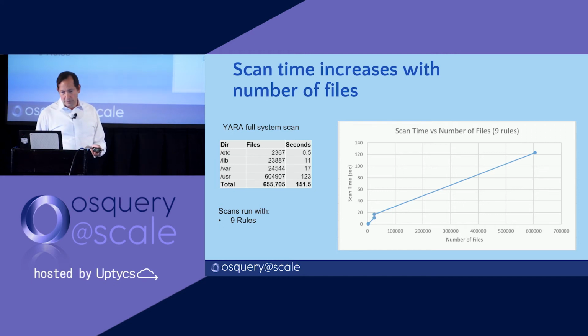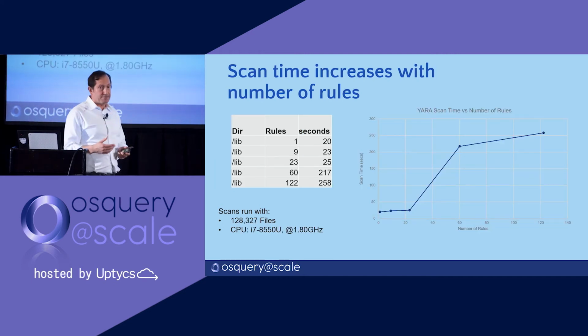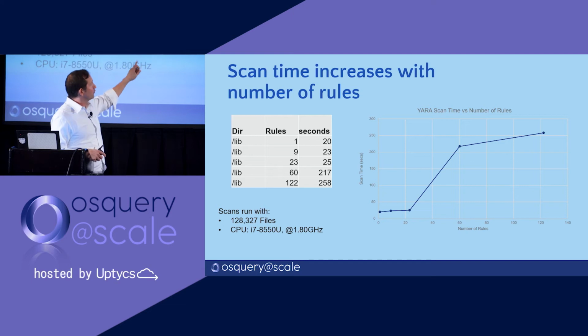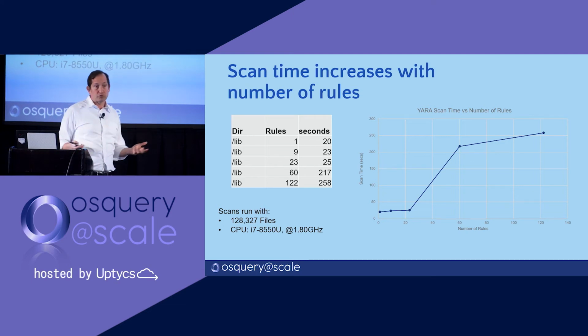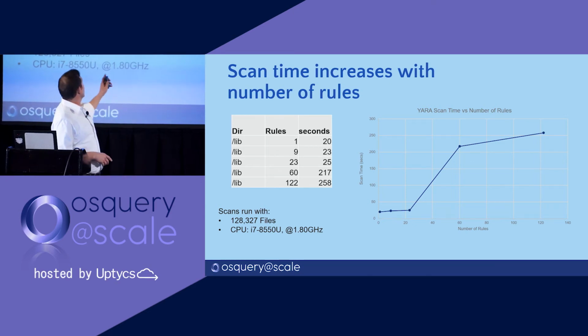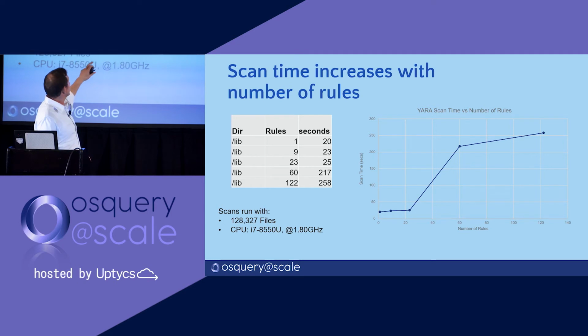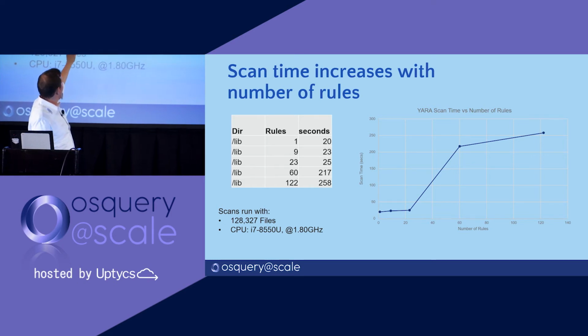So it could become expensive. And the other factor that affects the number of resources that are used, or the scan time, of course, are the rules. How complex are the rules, and how many rules do you have in your rule set? So here's a little analysis on scanning of the lib directory, where we increased the rules from 1 to 122, and we saw that the